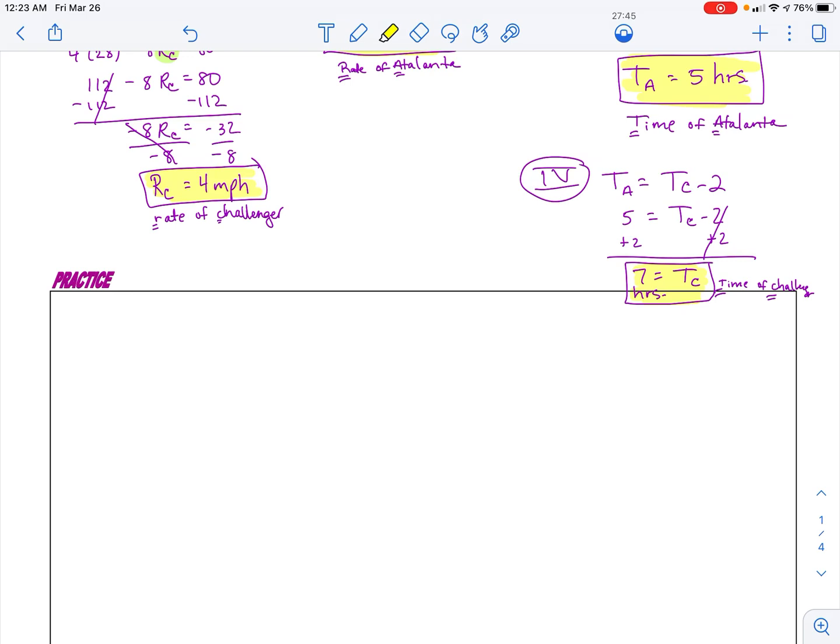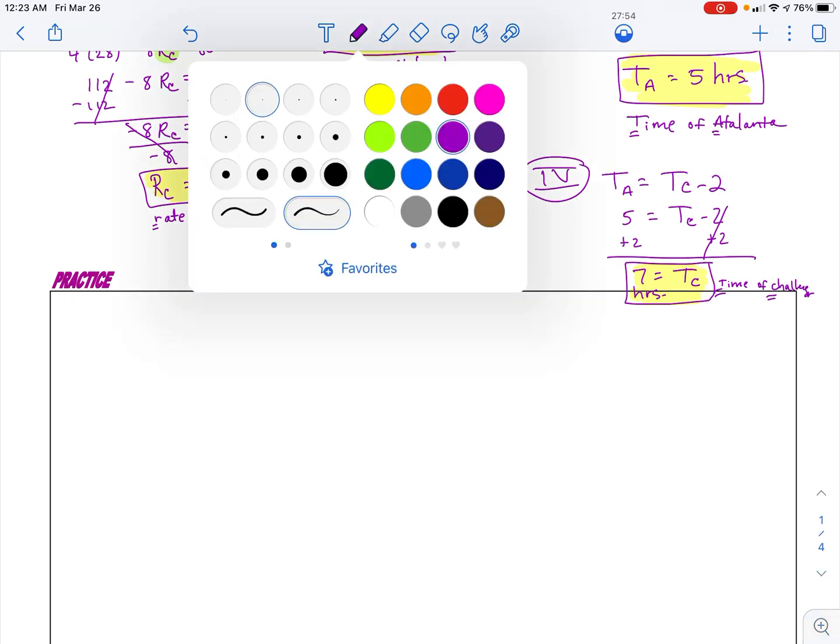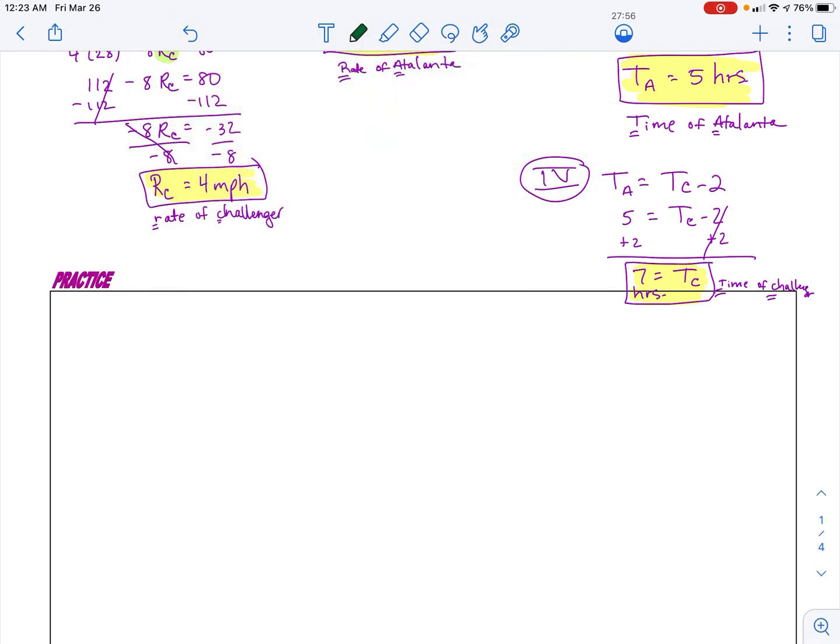Okay, so far what I see is we know this is a distance problem because we see rate, we see time. So we're going to set up some things here. I'm going to go to green now, I haven't used green. We need to figure out the distance of Bernard. Okay, that can be A. We're going to do our 4 different equations. We need the distance of